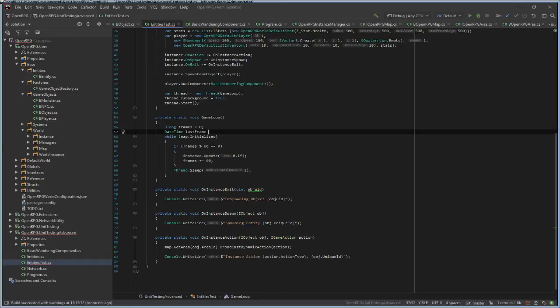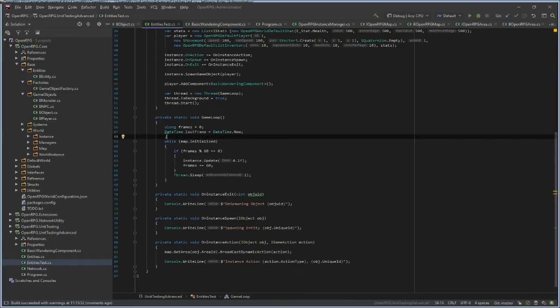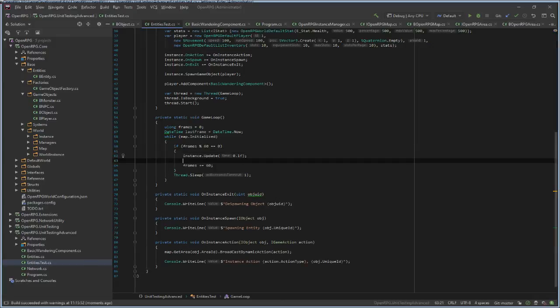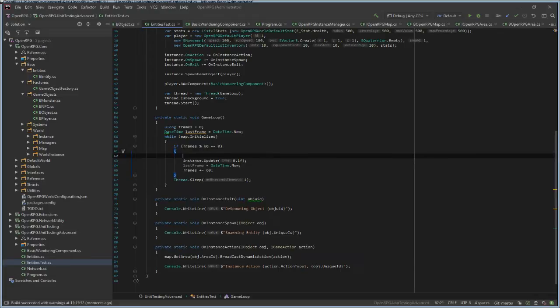Last frame equals datetime.now minus last frame total milliseconds.